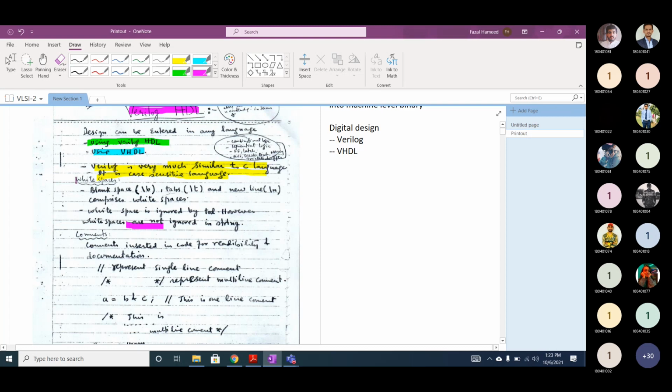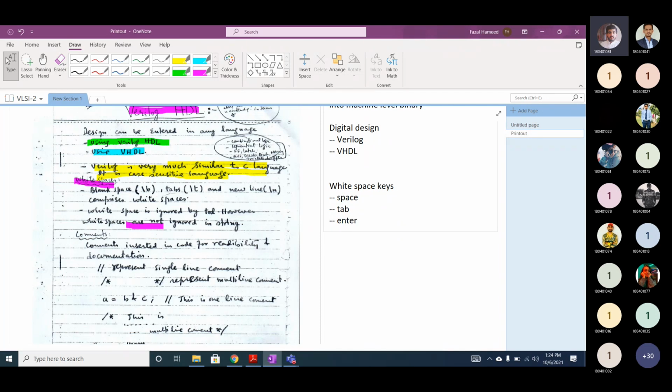First we study white space. What is white space? Blank space. What are the different keys for white space? The space key. Which other keys? Tab. And if you press enter, it will also create a space. Am I right or not?